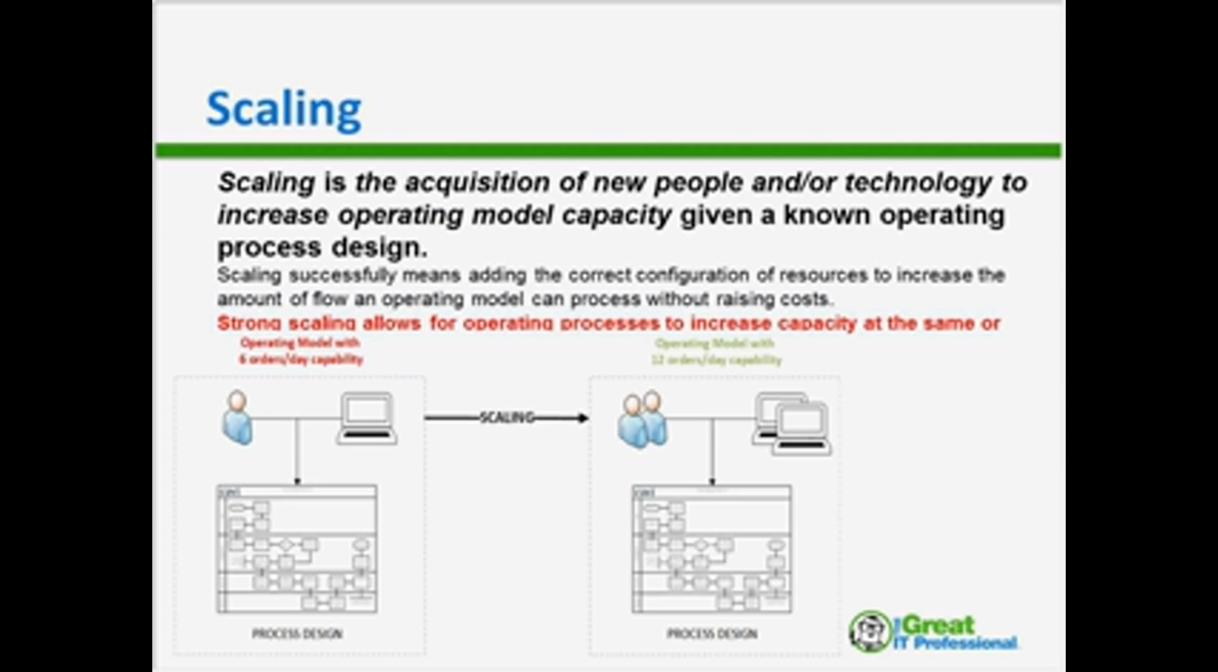I don't want to minimize the complexity of scaling sometimes because it's not as simple as just linearly scaling resources and technology. And this is what we're going to talk about later, which is it becomes more of a